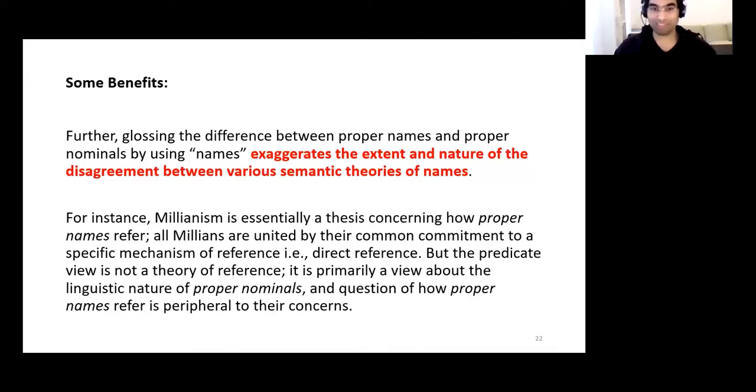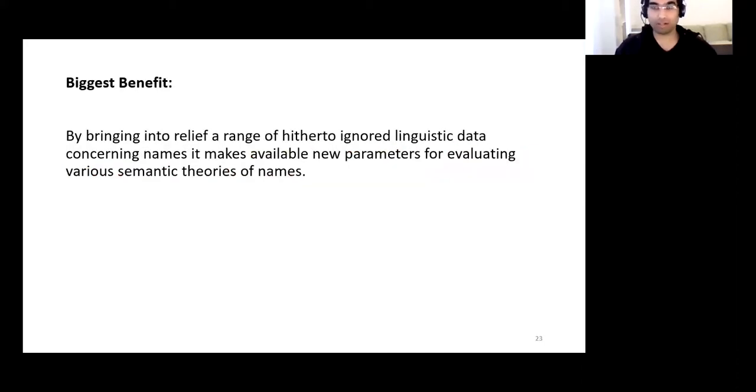But the predicate view of names is not a theory of reference. It is primarily a view about the linguistic nature of proper nominals. It holds that proper nominals are common terms, and the question of how proper names refer is peripheral to their concern. The biggest benefit of adopting this model of syntactic complexity, however, is that by bringing into relief a range of